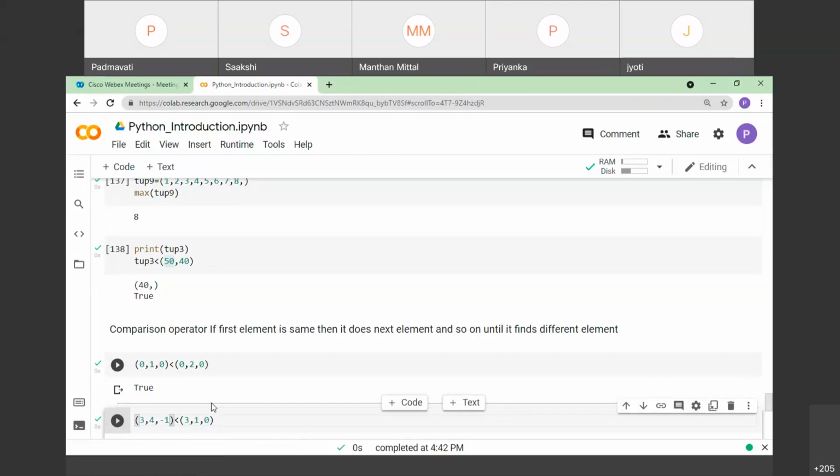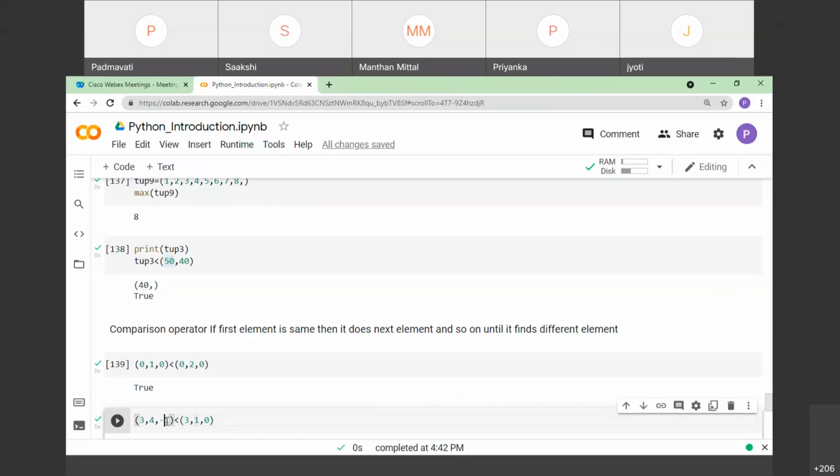Let us take the next example. The first element, intentionally I kept the same. So it moves to the next element, that is 4 and 1 get compared. Here 4 is not less than 1. So in this example it should result as false, right?